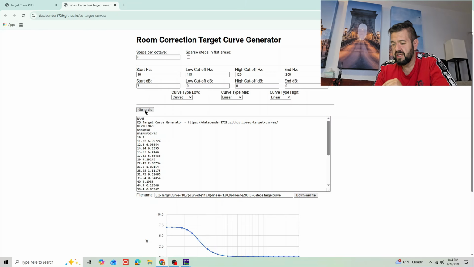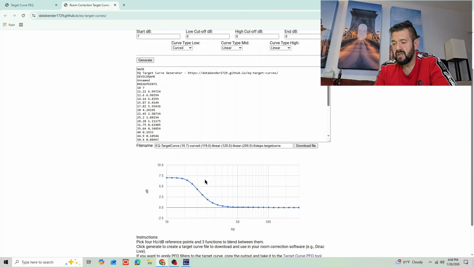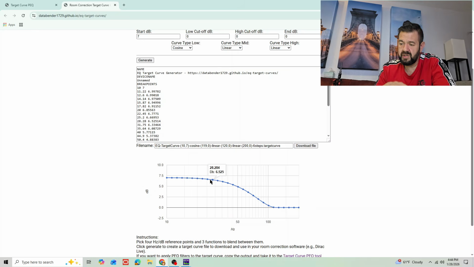Click on generate, and this is our house curve, but I don't like how it goes up. This is fine for speakers, but for subwoofers I would select this one. I think it's pronounced cosine, if I'm correct, but this is what we need. It starts rolling up around 100 hertz and starts being flat around 20 to 30 hertz or so. It's where it kind of gets just flat. Okay,